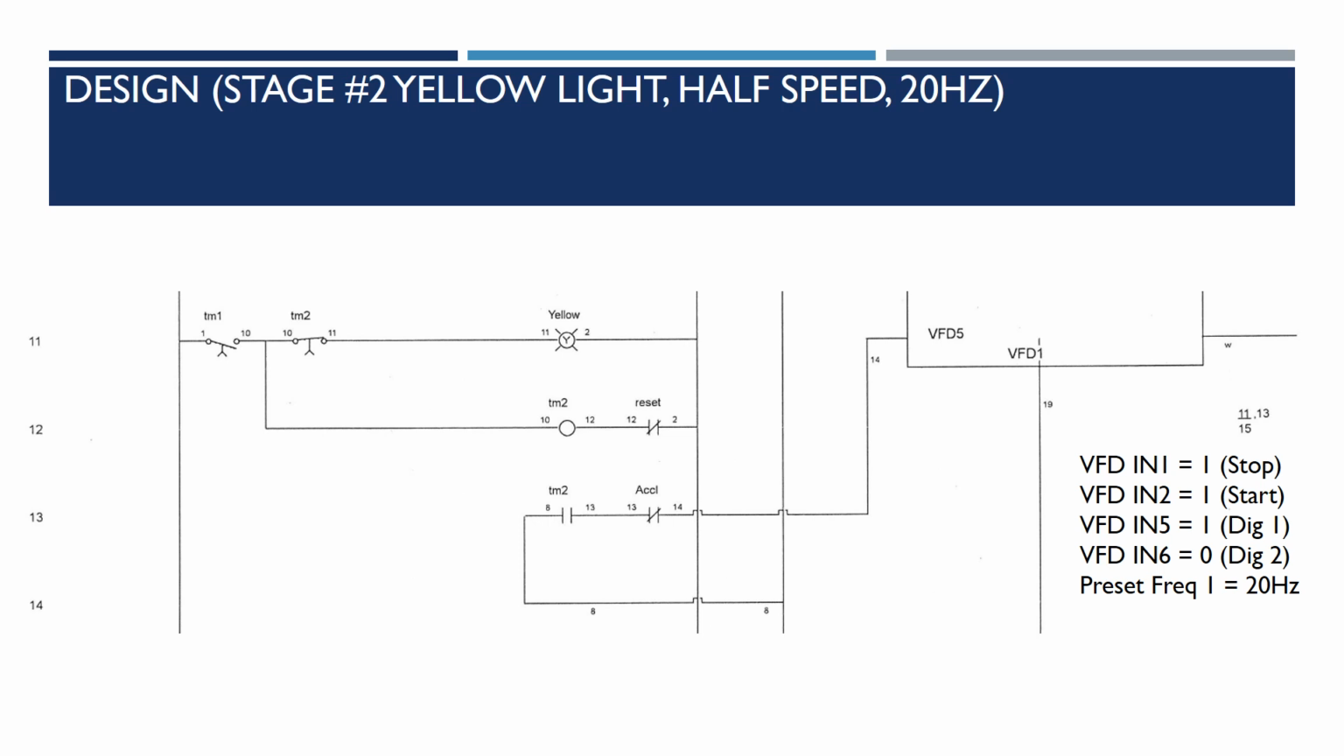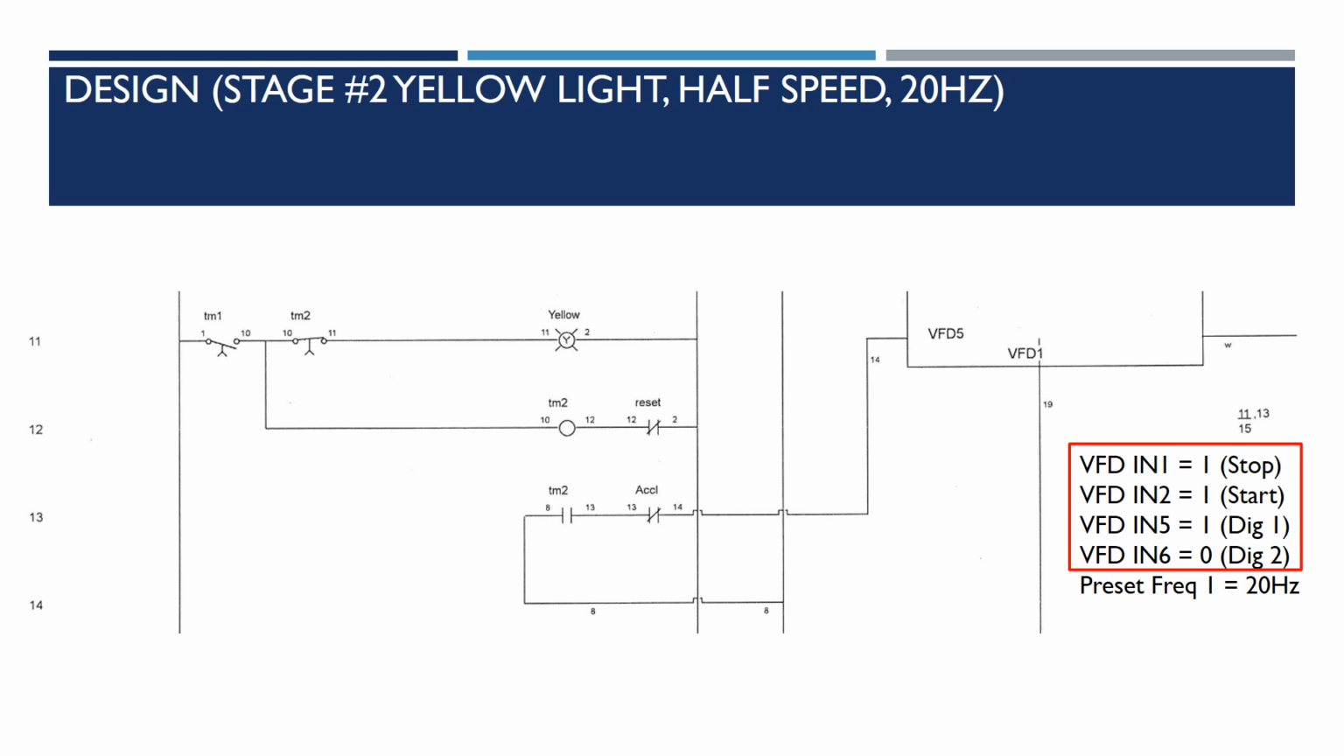So if we look at the input requirements for the VFD for this stage, not a whole lot has changed, except we need to be able to slow that motor down. In order to do so, we need to change from our preset frequency 0 to our preset frequency 1, which is our 20 hertz signal. We just need to change the digital input 1 on the VFD from a 0